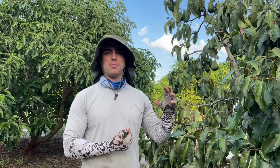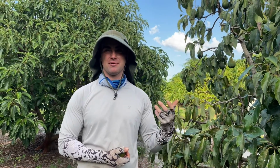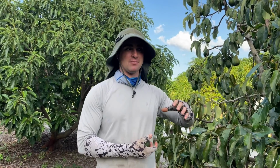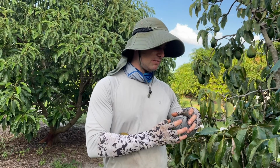So if you're trying to get this to size up a little bit more, probably the best thing to do is to thin them midway through the fruit development process, like maybe in the summer or so, and then just let those other ones hang on the tree to get a little bigger. But it does seem to perform better in Florida than the regular Hass. It sometimes can have issues with uneven ripening here in Florida. Not so much as the Super Hass, as it's called, or the Ooh La La avocado does, but it can get it. When there's not so much fruit on the tree, I've seen Florida Hass avocados get actually decent size,